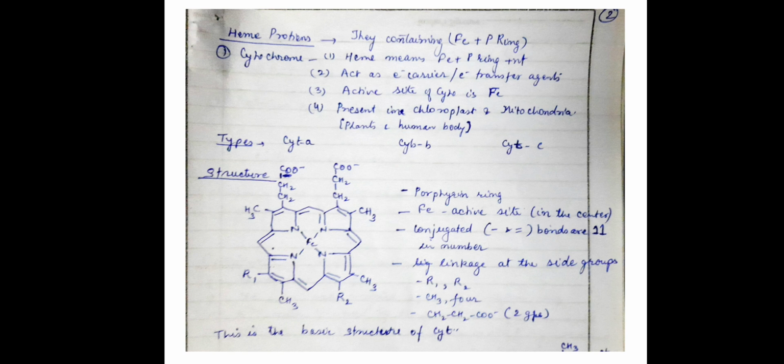Now fourth is linkage at the side groups. What are the linkages? R1 and R2. Just at the bottom side you see left side R1, right side R2. 4 CH3 groups are attached to the 4 porphyrin rings. Third one is CH2, CH2, C double bond O. These are two groups just at the top of this complete structure. This is the basic structure of